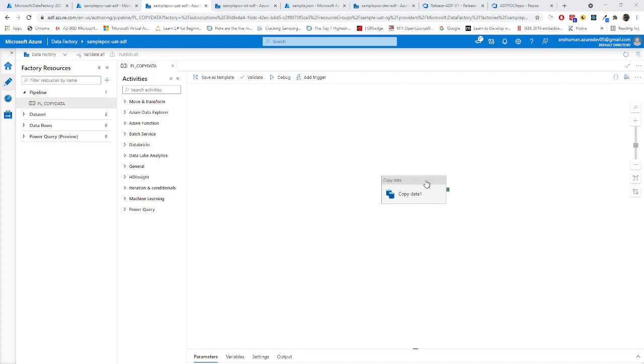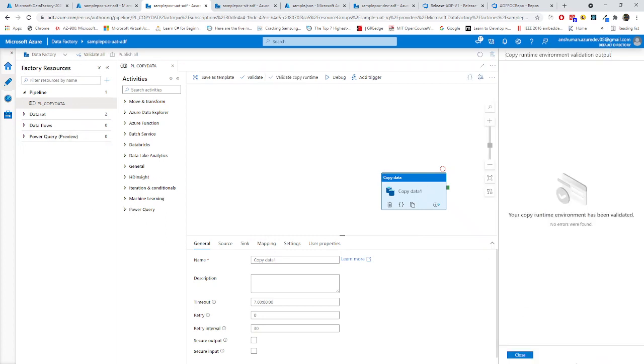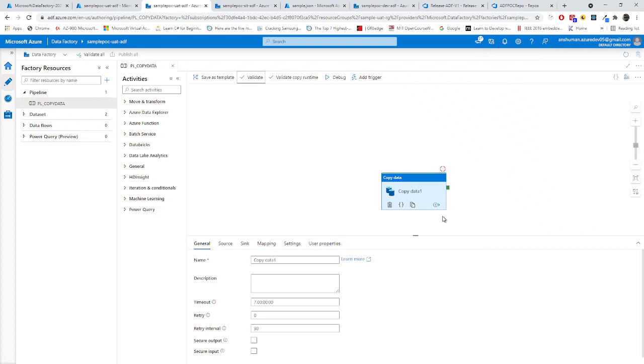So now you can see this one. Now if I go to debug, this is validating as we have deployed it for the first time. See, you can see over here as well. I have not integrated any Azure Git over here. These are all the environments. You should have only read-only access to these environments. You should not change anything in these environments. Whenever you do development, whenever you do SIT, whenever you do UAT, you should do everything in your feature branches. These all things have to be done for testing purposes.